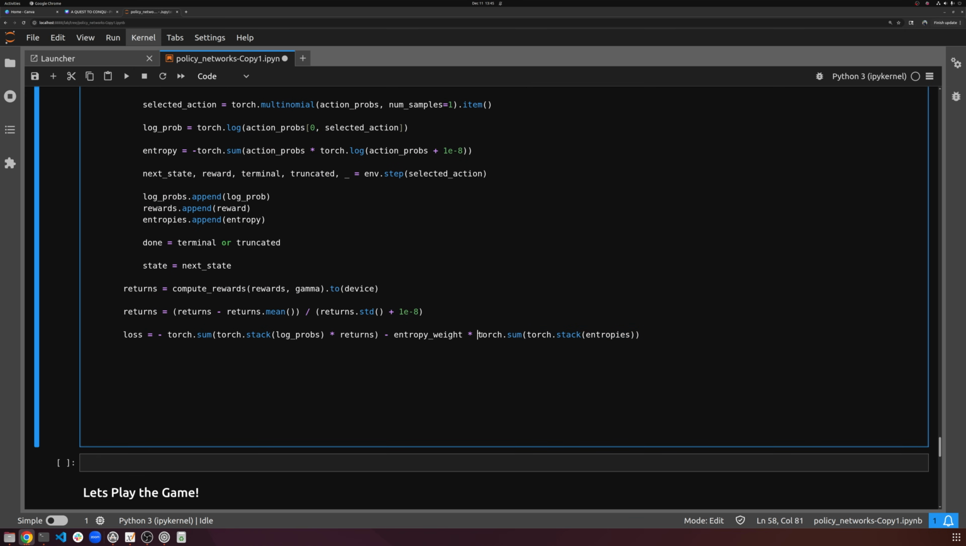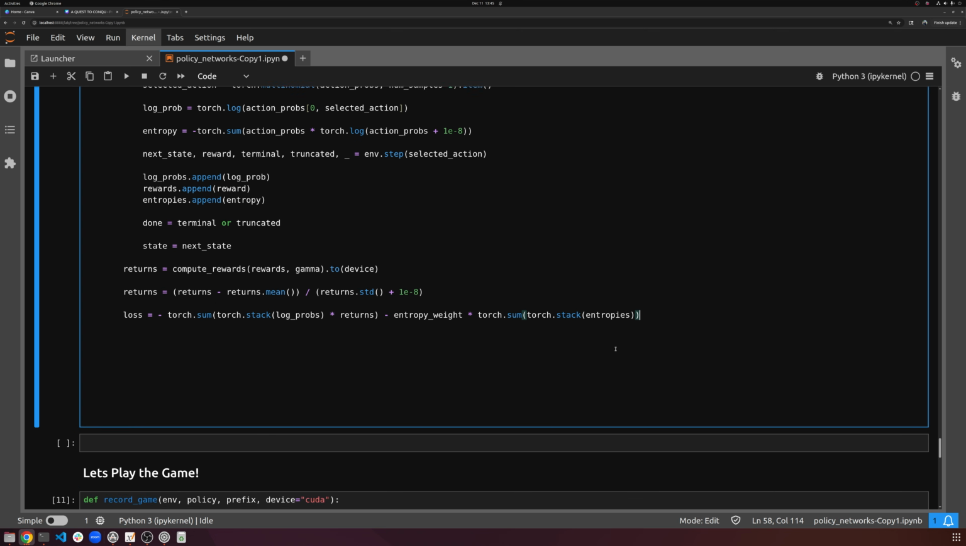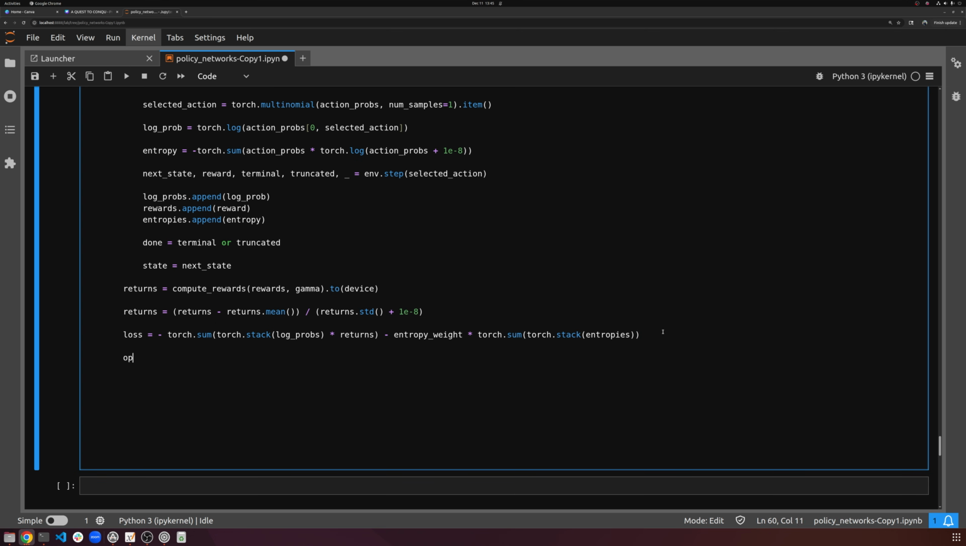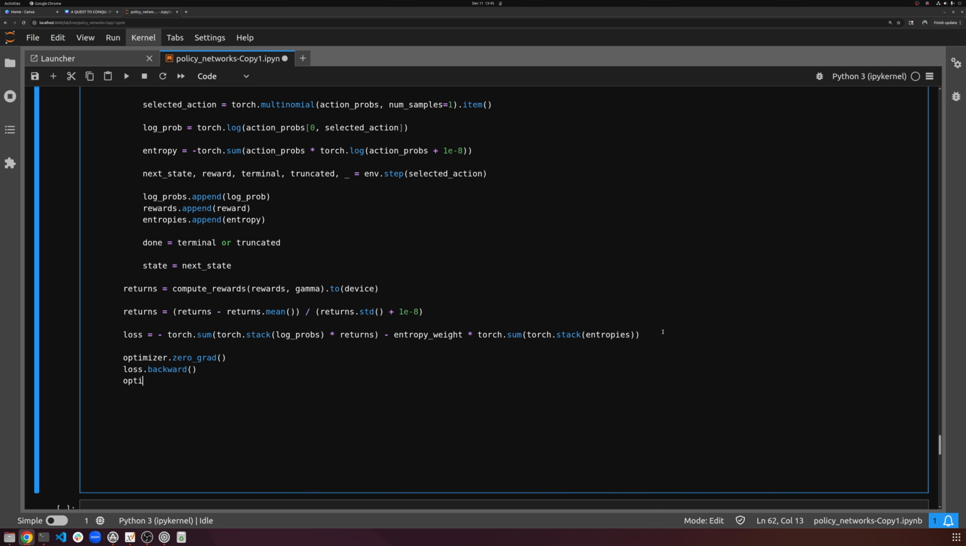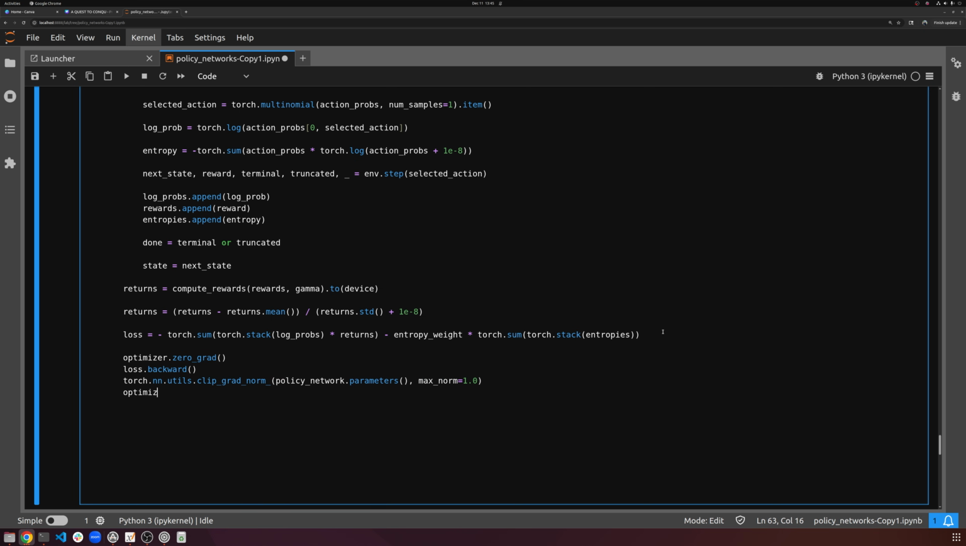Go ahead and make a vector, add up the entropies, and then we do minus entropy weight, so we flip the direction. That's all. Good. And so now we can do optimizer.zero_grad, and then loss.backward, and just for good practice, we can do torch.nn.utils.clip_grad_norm_ on policy network.parameters, max norm is 1.0, right? Just to make sure we don't have any exploding gradients, and then we do optimizer.step, and we have officially updated